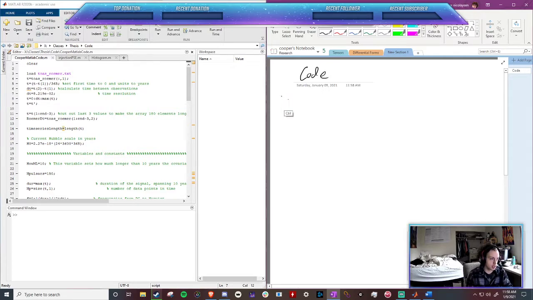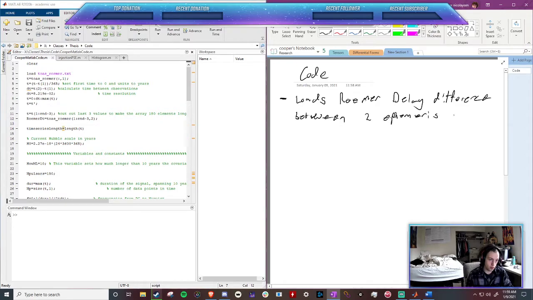So let's list all the things that this code does. It first loads in the Roemer delay difference between two ephemeris models. Don't worry, I'll explain. So the Roemer delay,